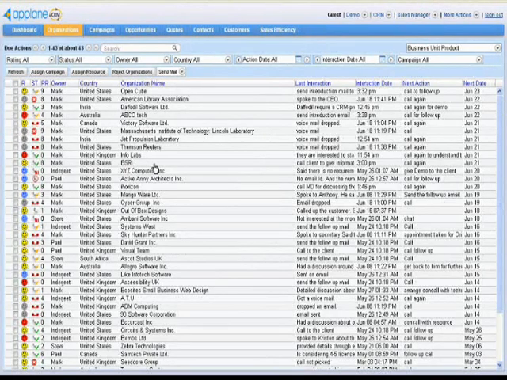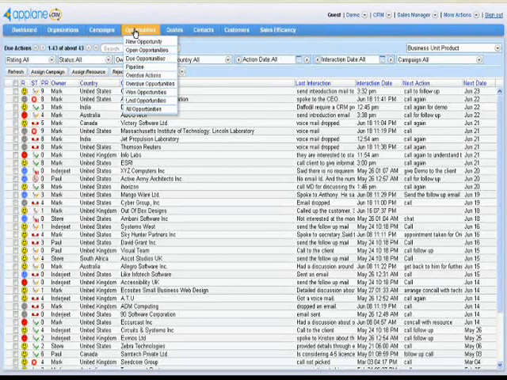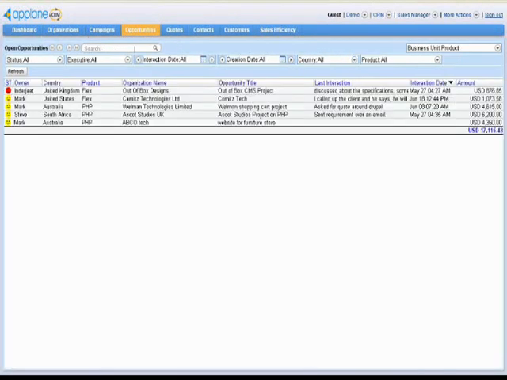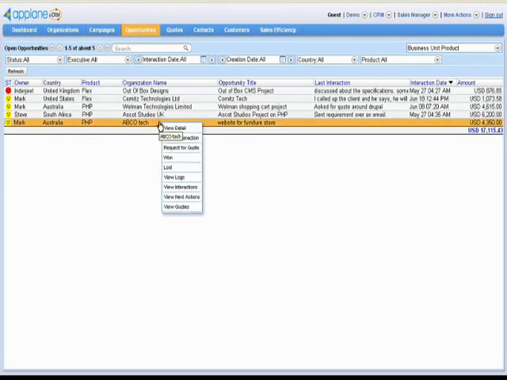The opportunity that has just been created will show in the Open Opportunities tab. Now you may also need to follow up on your opportunities. For this, go to Opportunities tab and click on Record Interactions.